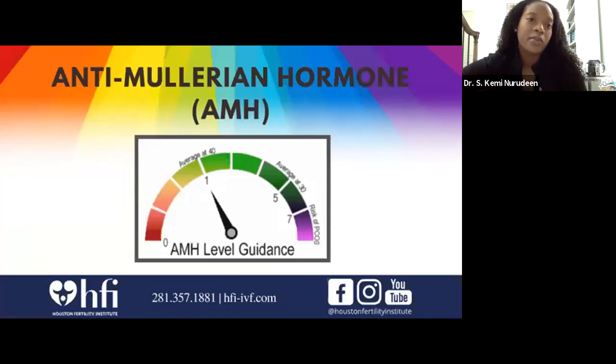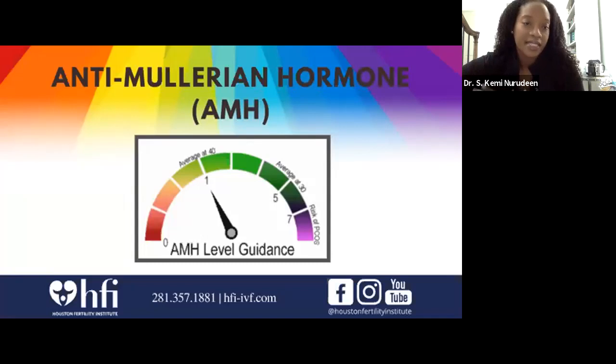It's not a predictor of pregnancy. We actually don't say that a lower reserve or a higher reserve gives you a higher chance for pregnancy. It's just a predictor of how you will respond to our medication. And we use it to help tailor what dose of medication a patient may need in order to pursue the treatment options they're doing. And obviously we'll talk a little bit more about treatment options in a minute, but AMH